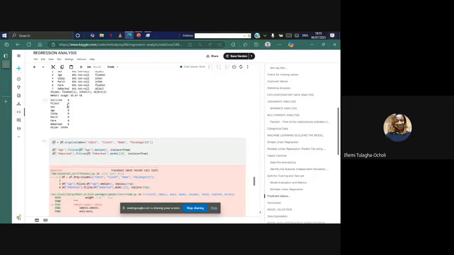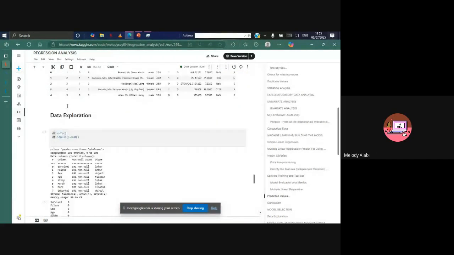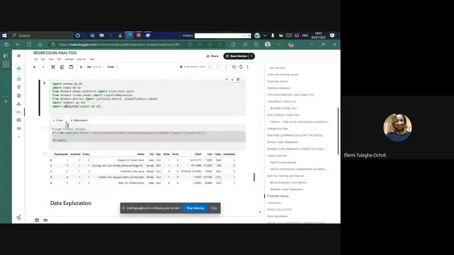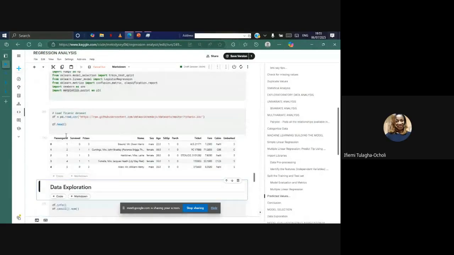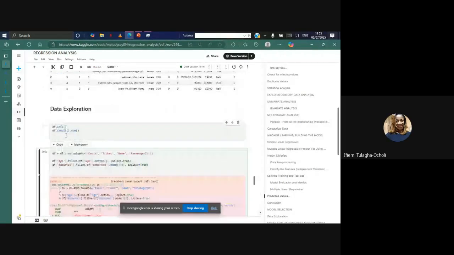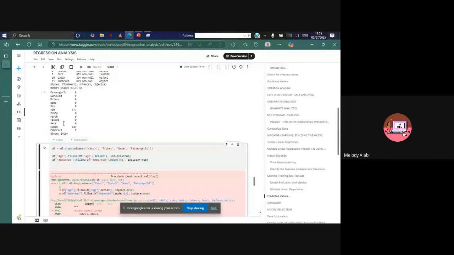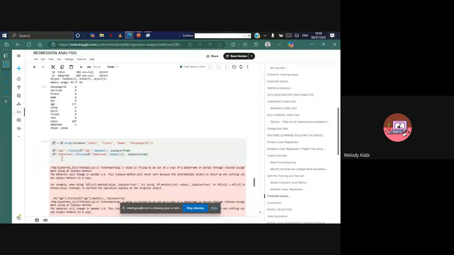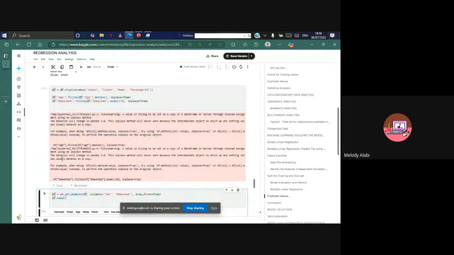Oh, so because I already dropped it, let me do it again. This happens. So when you drop a column, it has removed it from that data set. There are different methods for removing columns from data sets. I won't be able to expand on that. But when you drop, if I run this column again, it will give me an error because